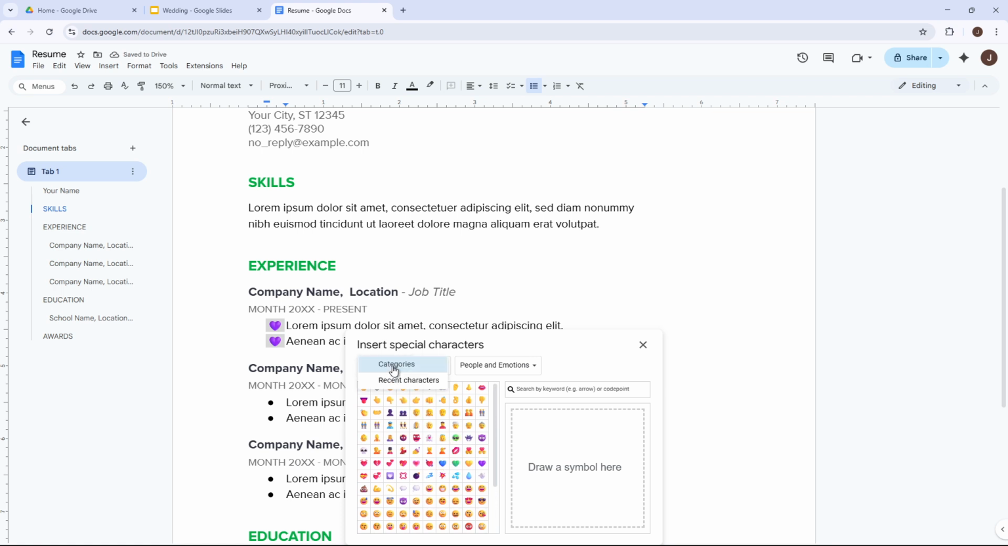There's a search bar at your disposal here too, making it easy to find exactly what you're looking for by typing in a keyword. And for the artistic types, the Draw Symbol option lets you sketch a design, with Google suggesting similar symbols you might want to use. After exploring your options, simply click on your desired symbol or emoji and watch as your bullet style transforms instantly